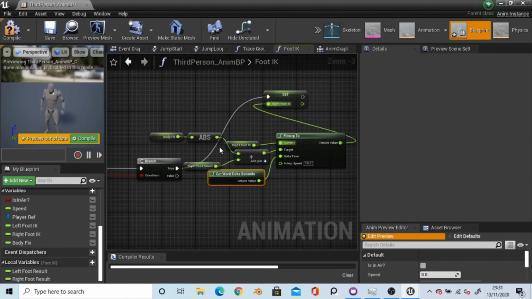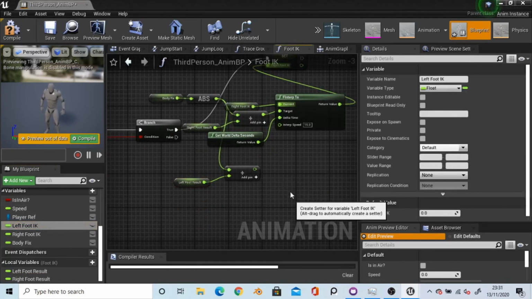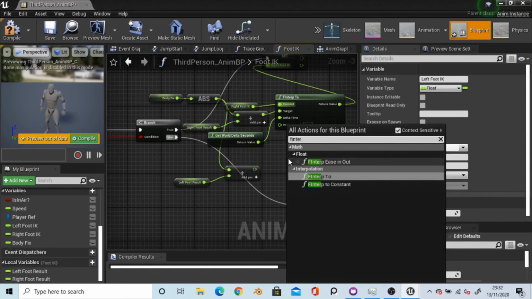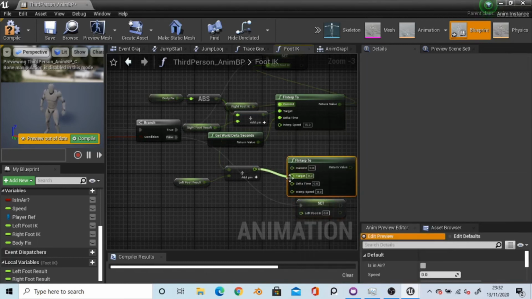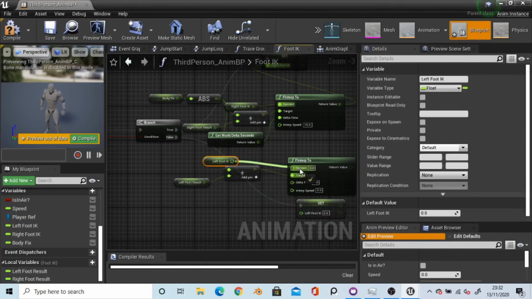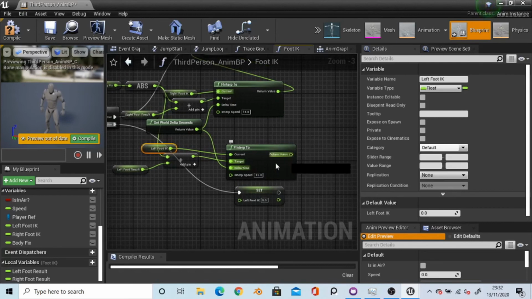So yeah. We also need down here to add this for our left foot result, because we are setting our left foot IK down here to using a similar method to above, using an finterp 2, with this as the target, left foot IK as the current, delta seconds as that, and 15 as that, and don't forget to hook up the return value to